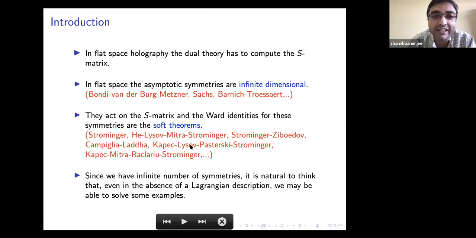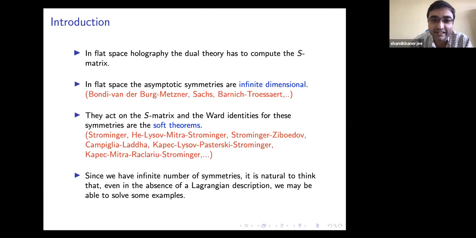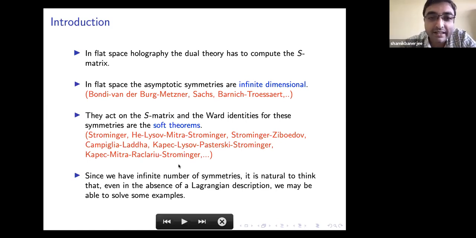Yeah, so I have actually talked about these things in the past in this quantum space-time, but this is just a development of that. So let me start by saying that in flat space holography, the dual field theory has to compute the S matrix. Now, in flat space, the asymptotic symmetries are infinite dimensional, and they act on the S